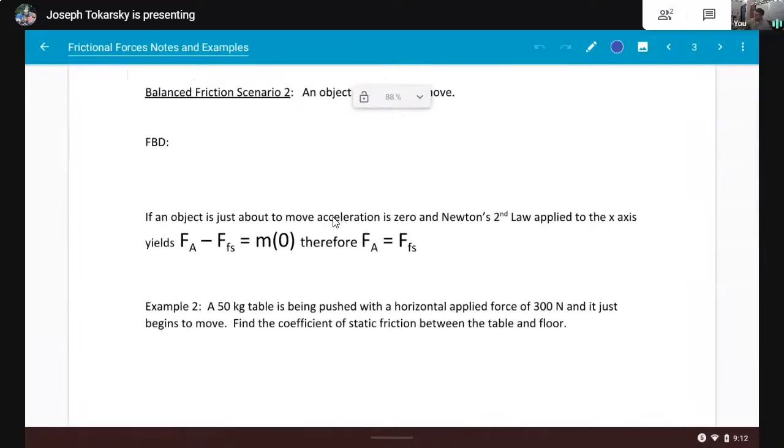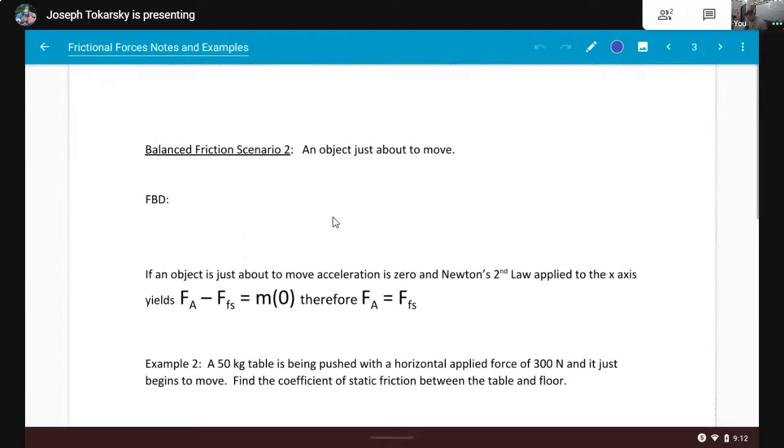That last scenario was a balanced friction problem with kinetic friction. This is going to be with static. And the first thing we're told in this one is an object is just about to move. Just about to move basically means, as we were describing before using the lab simulation that you'll use